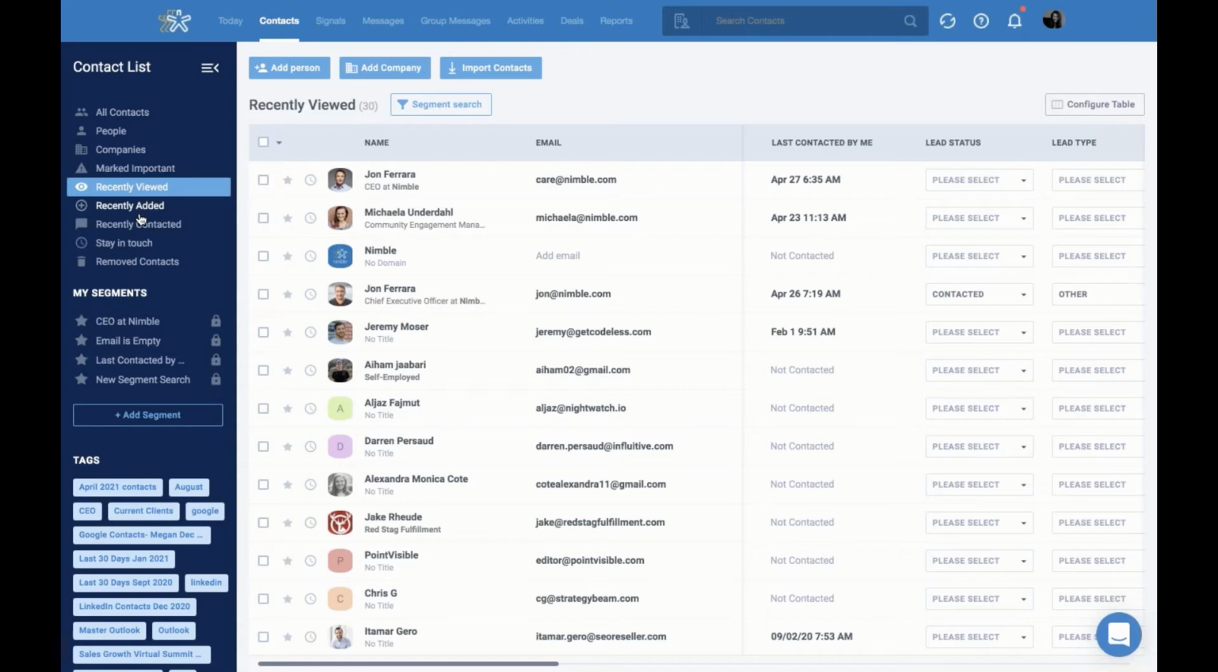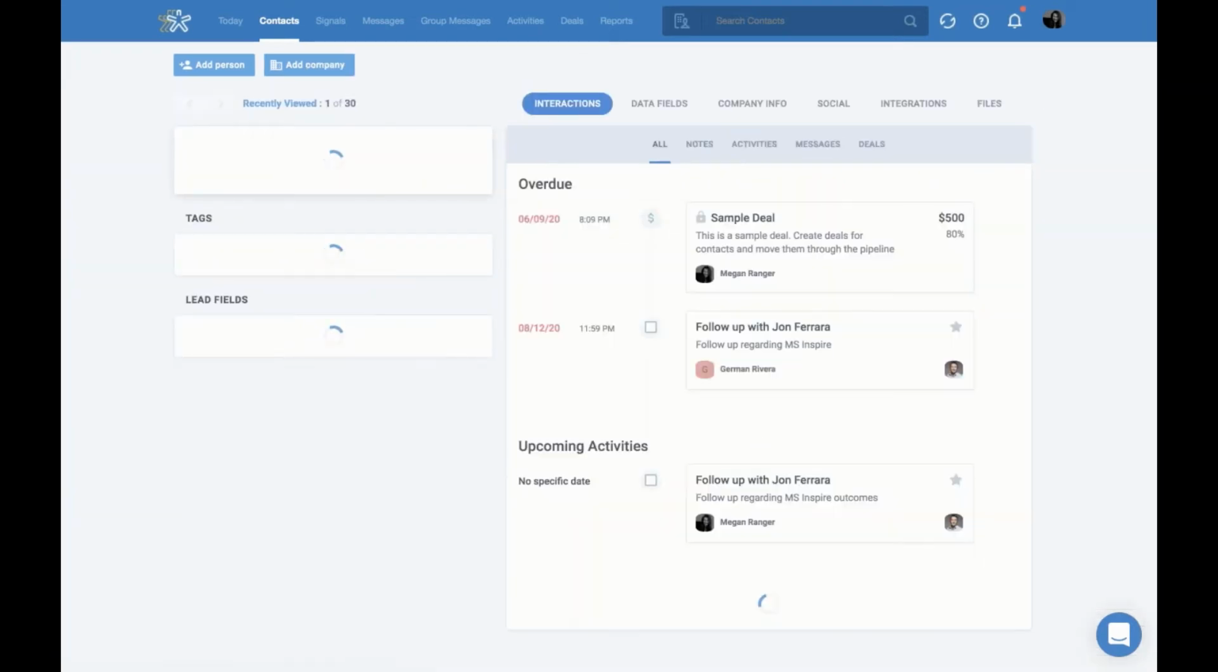You can also see your recently added, recently contacted, people you've set stay in touch reminders for, as well as removed contacts. And for the removed contacts, the account admin can set how many days they will allow the deleted contacts to stay in the folder. So this is the big picture contact listing, but you can also drill down into what an individual contact record